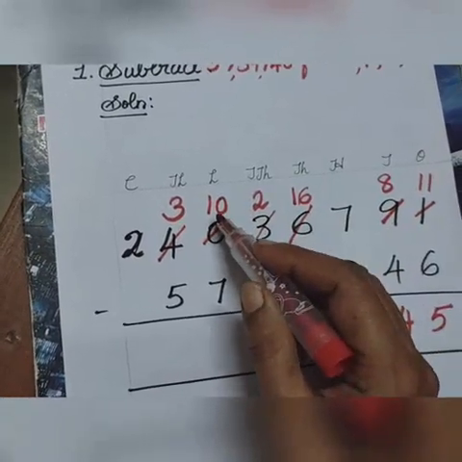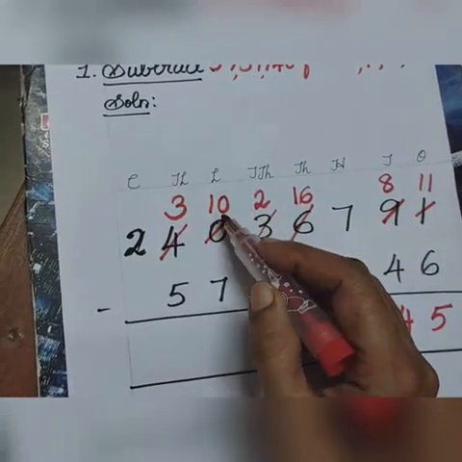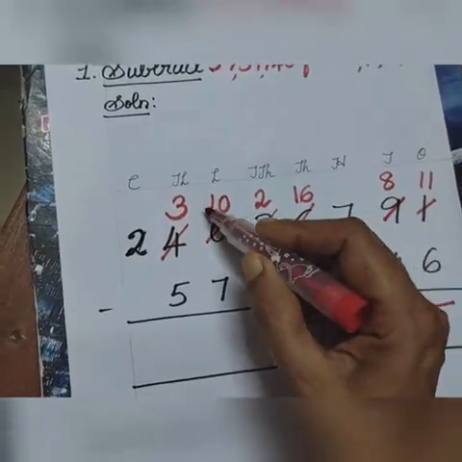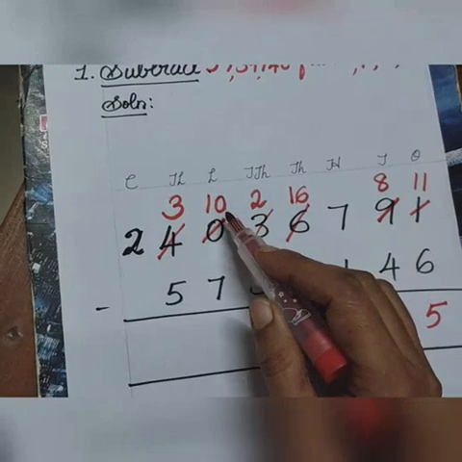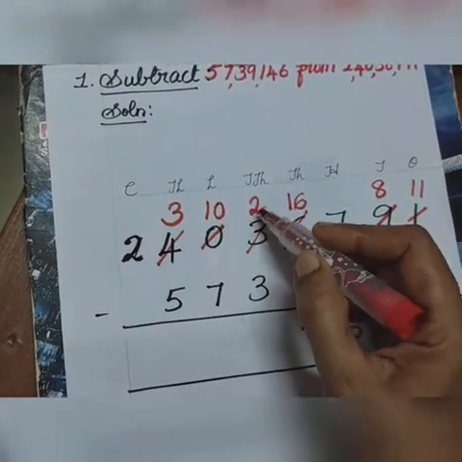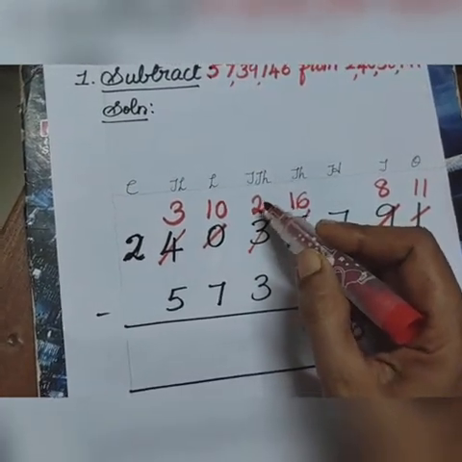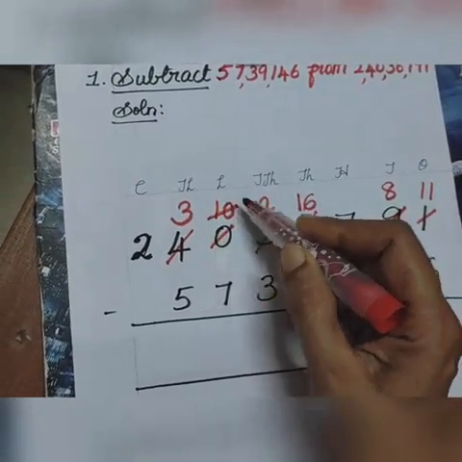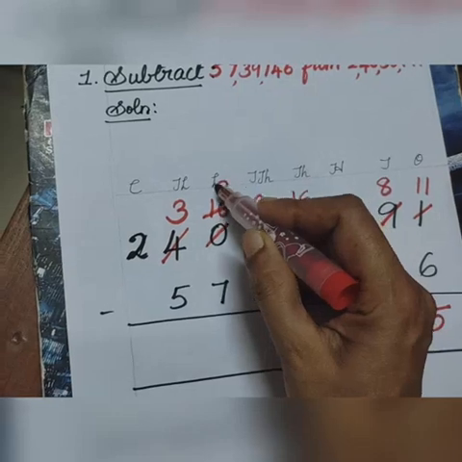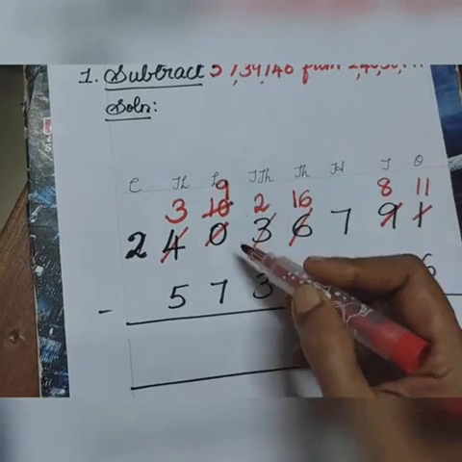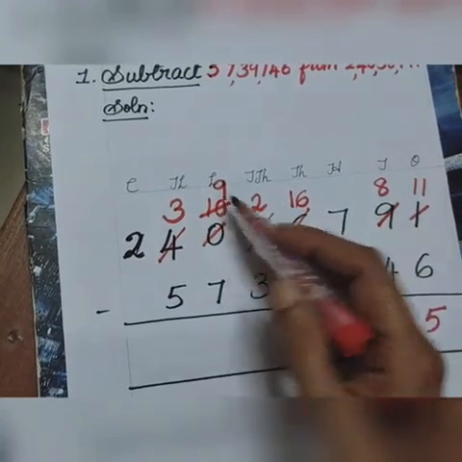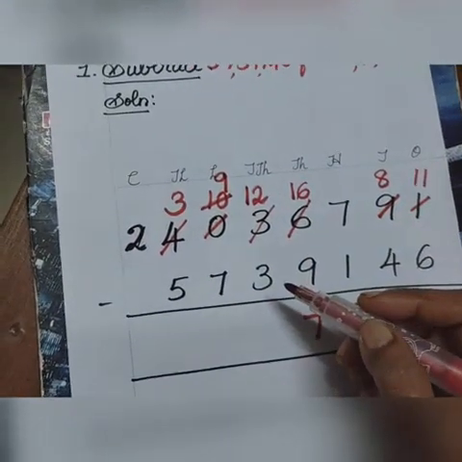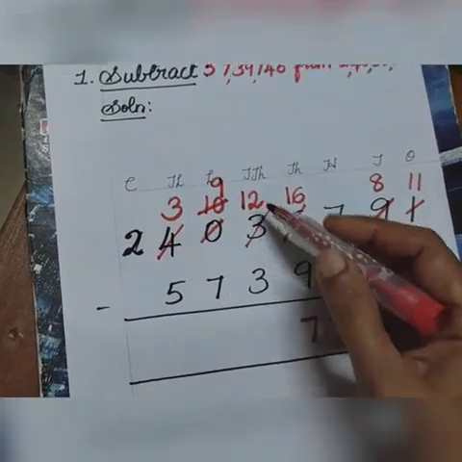Okay, children. So now in the lakhs place 10 is there. Now we can easily borrow from 10. We need one for the 10,000s place, is it not, children? So we are going to borrow now from 10. They will give 1, so there 1 left means there 9. So this number becomes, yes, 12. Okay, children. So 12 minus 3.